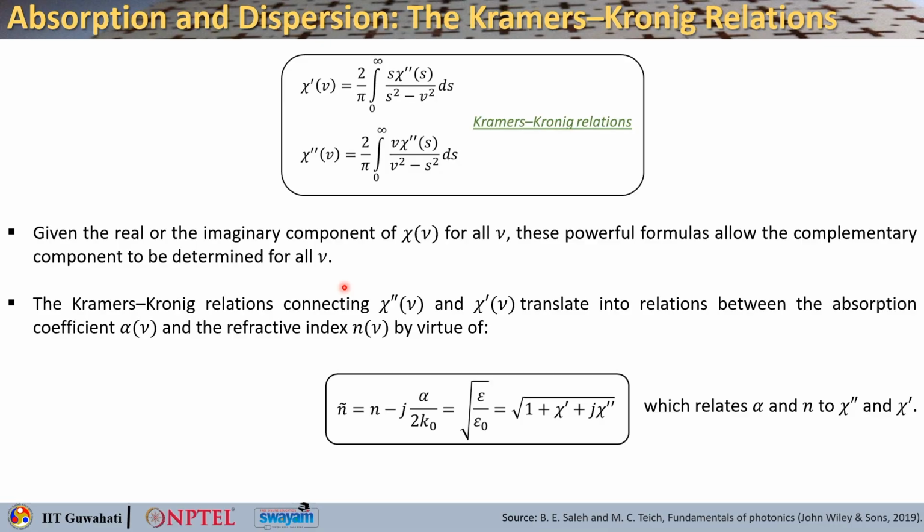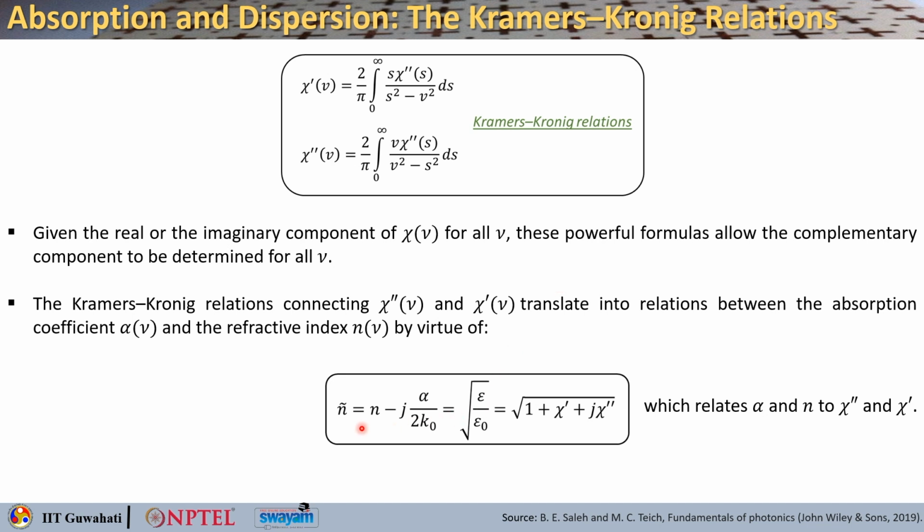The Kramers-Kronig relations, connecting chi double prime of nu and chi prime of nu, can translate into relations between the absorption coefficient alpha of nu and the refractive index n of nu